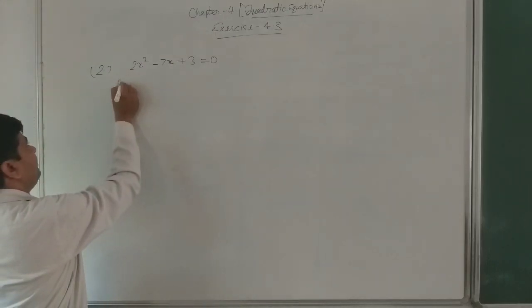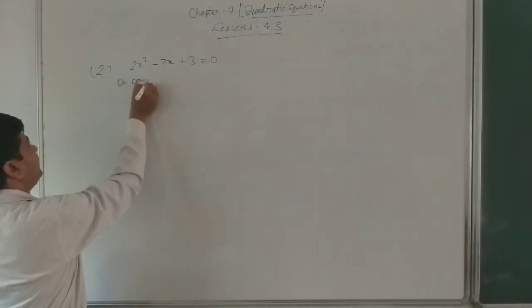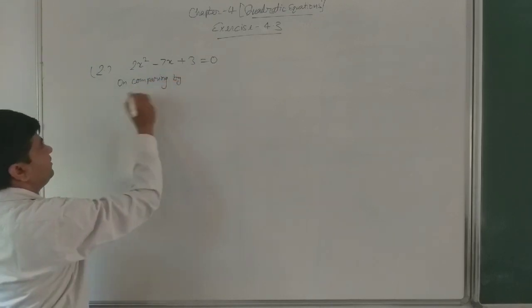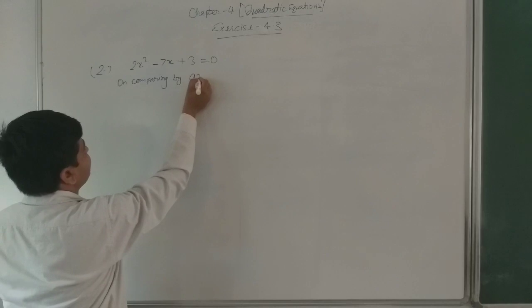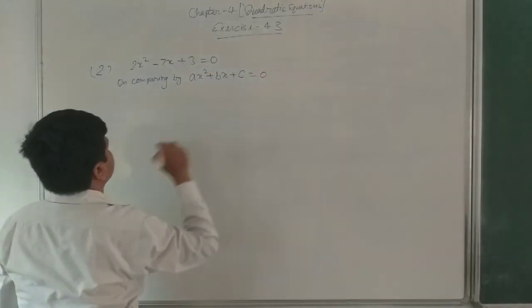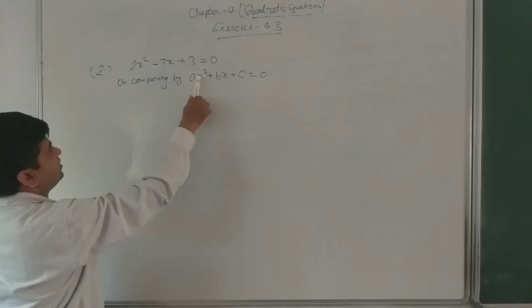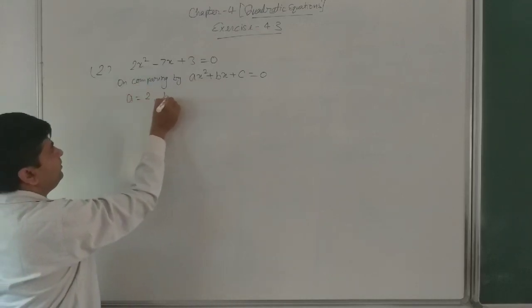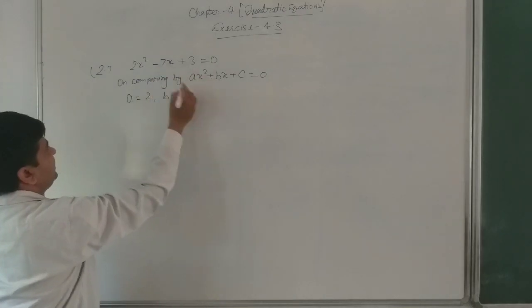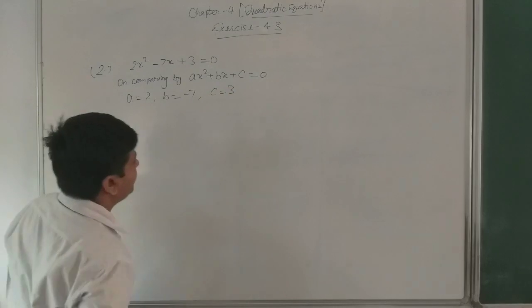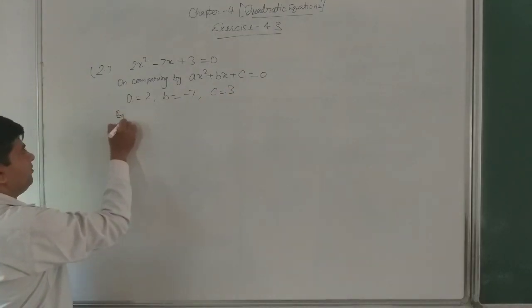So now firstly we have to compare it. So on comparing by the standard form of quadratic equation, that is ax square plus bx plus c equals 0. The value of a is the coefficient of x square, here it is 2, so a equals 2. b is the coefficient of x, so here it is minus 7. c is the constant term, here it is 3. Now by quadratic formula,